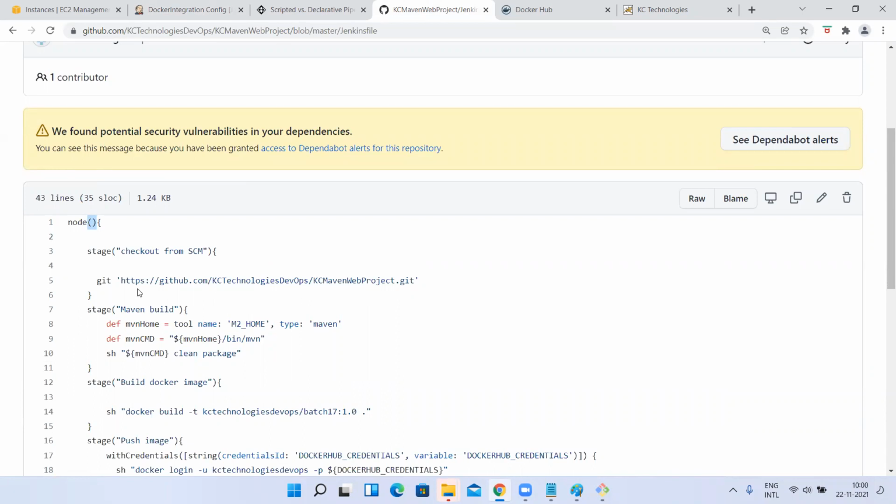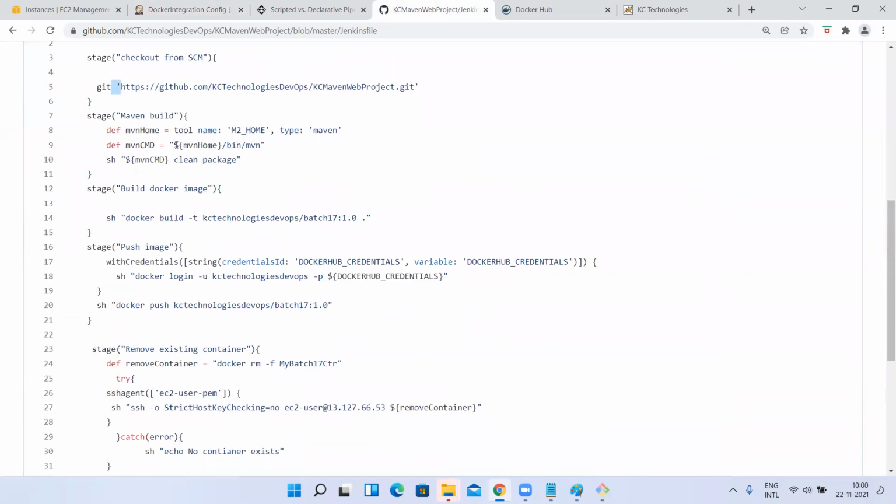Yes, sir. And you remember, in here you can use either single quotes or double quotes. And also remember this, wherever you are reading variables here, you have to keep those variables in either double quotes or single quotes, else it will not work in Groovy scripts. Understood, guys? Yes, sir. Okay, that's it.